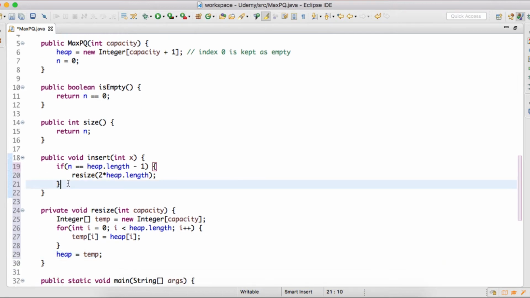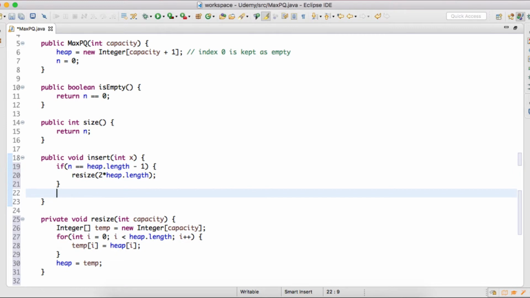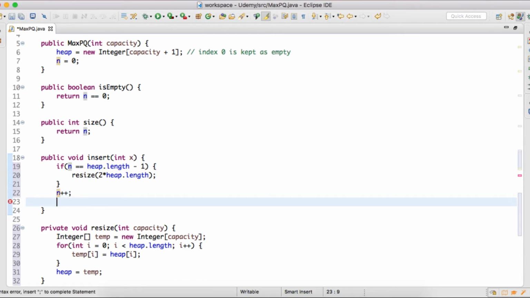So after the if block, the first thing we do, as we are inserting a new element, is increment the size of this max priority queue by 1, and then we'll insert the value x into this heap array. So we'll assign the value of x at index n.